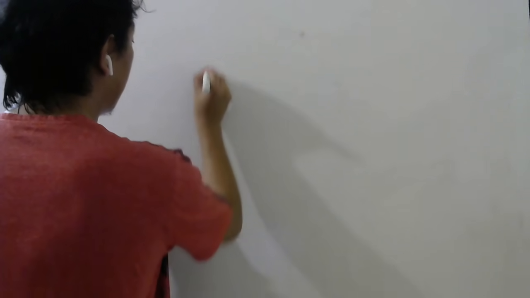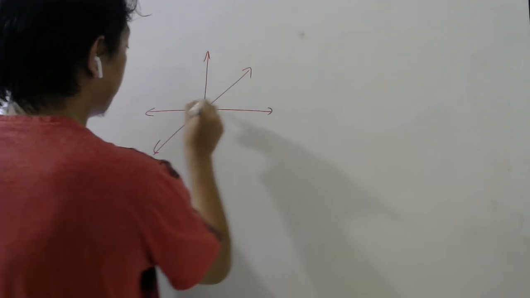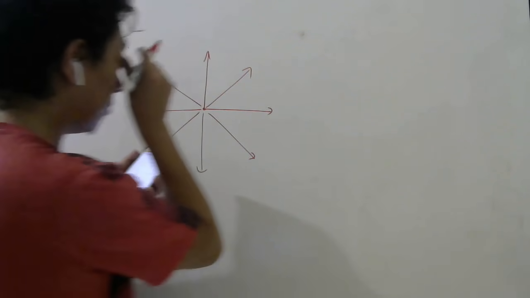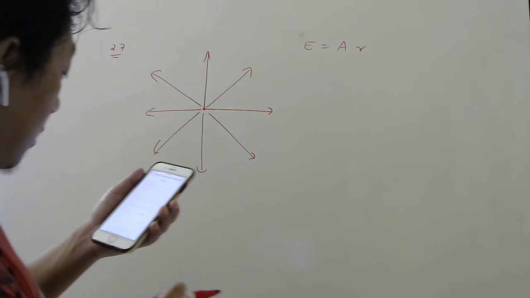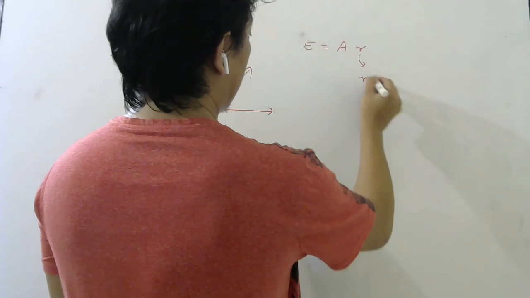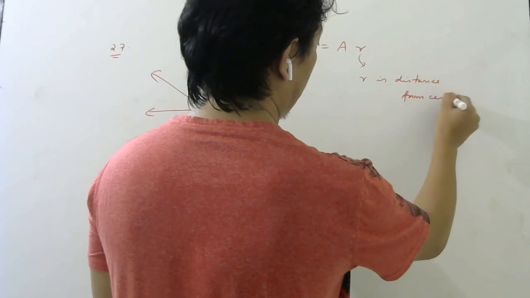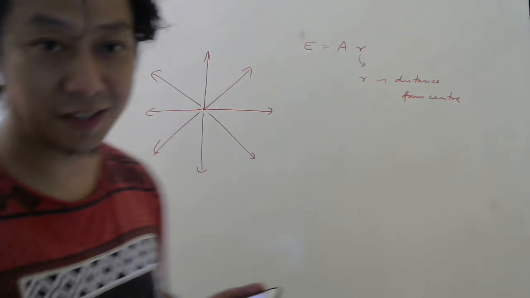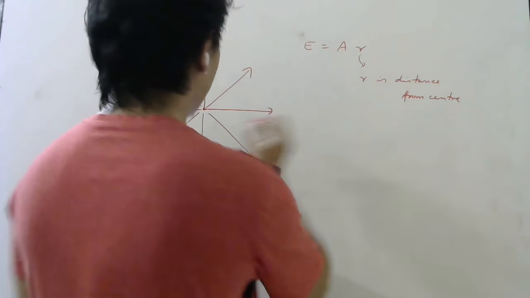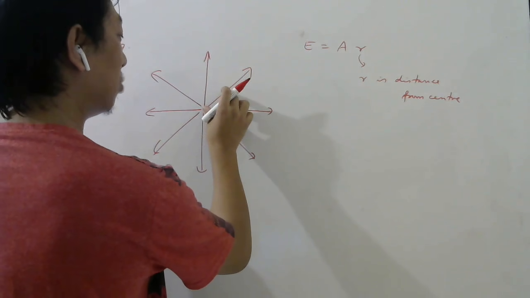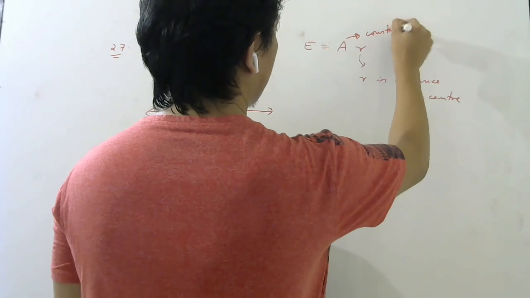So electric field is radially outwards they are saying, so let's draw the diagram first. Radially outwards, and the formula for electric field they are writing A into small r. But what is small r? They must mention. So small r is distance from center. Without explaining what is given, there is no point of asking the question. Yes or no? You must mention what you have given, right, in the question. So r is distance from this center. Okay, this is r, or it could be this, any distance but from the center. A they should say is a constant. So this must be mentioned.